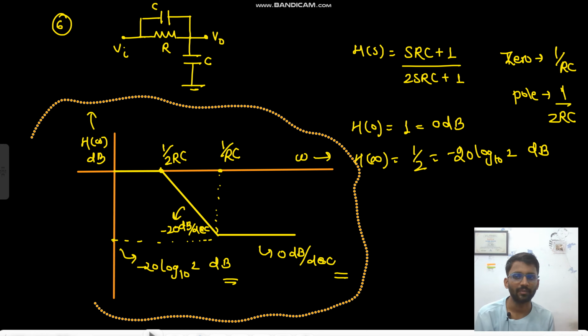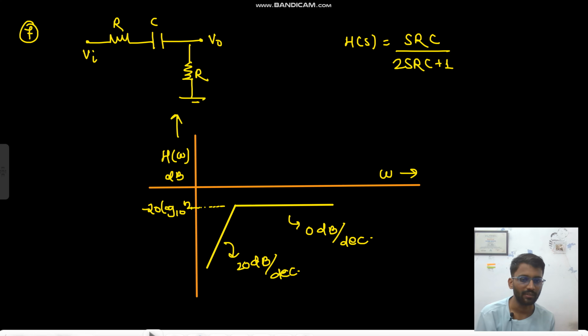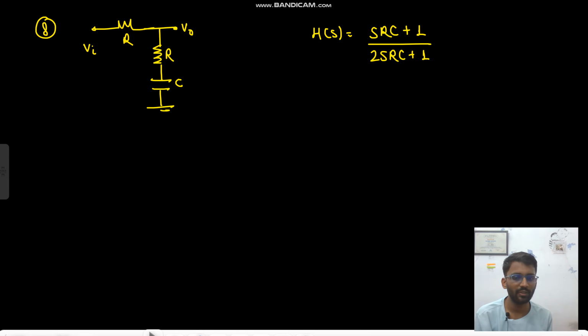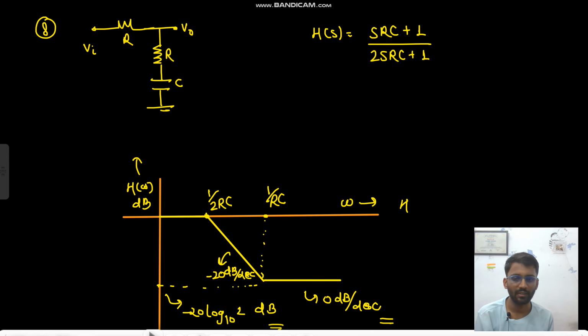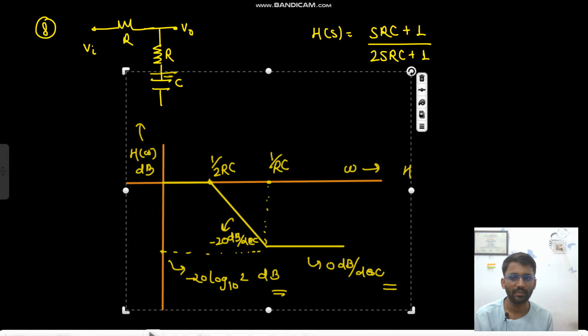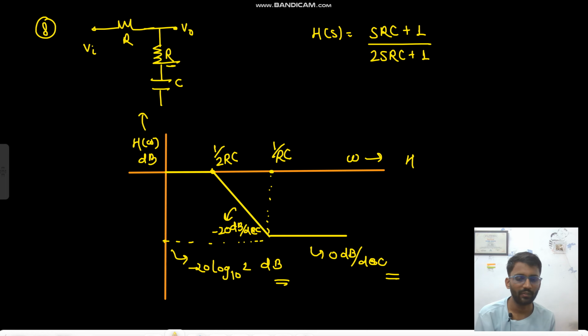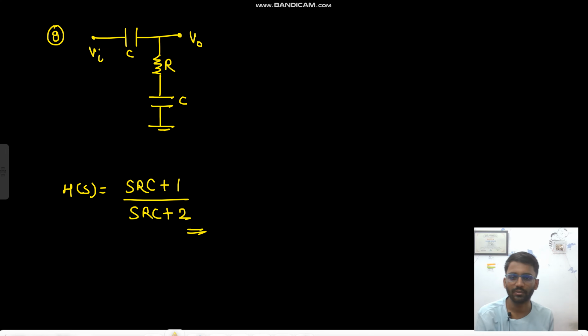The transfer function is the same, right? We didn't calculate the transfer function by the conventional method. In the previous video only I have taught you the concept, right? This is not the conventional method. We wrote the transfer function intuitively, right? First we found poles and zeros, then we wrote the transfer function. Now this one,